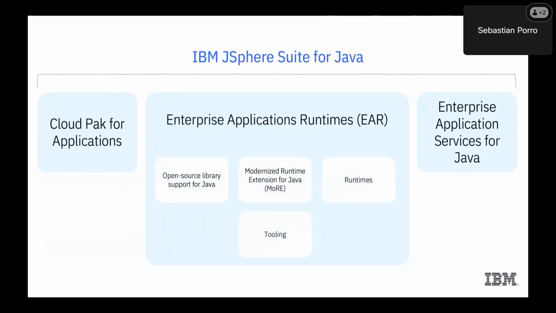In this new component, we will be providing open source library support for Java, so customers can stay on Java 8 using older frameworks without any support issue. We're going to be providing the runtimes they need to run their applications, traditional WebSphere, Liberty, JBoss, or Quarkus. We will allow customers to run Java 17 applications inside a WebSphere ND cell by a tool called More. And we're going to be offering tooling, I mentioned Transformation Advisor and AMA, to speed up this migration process and